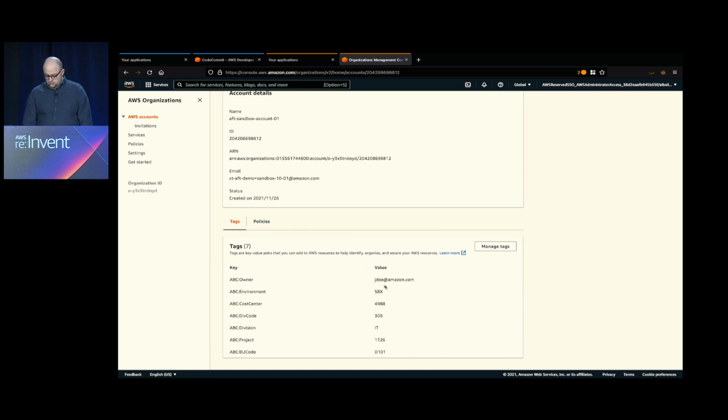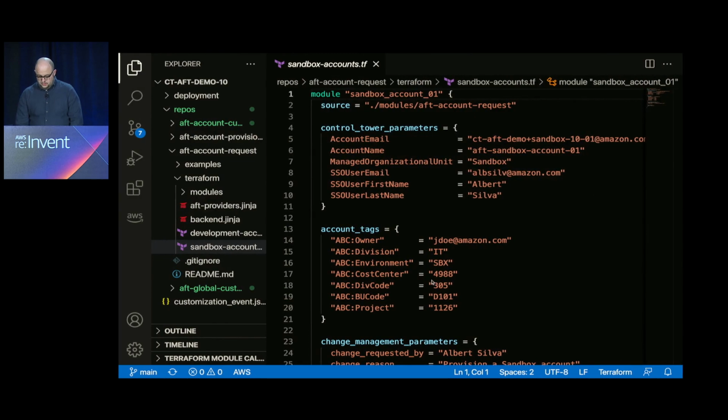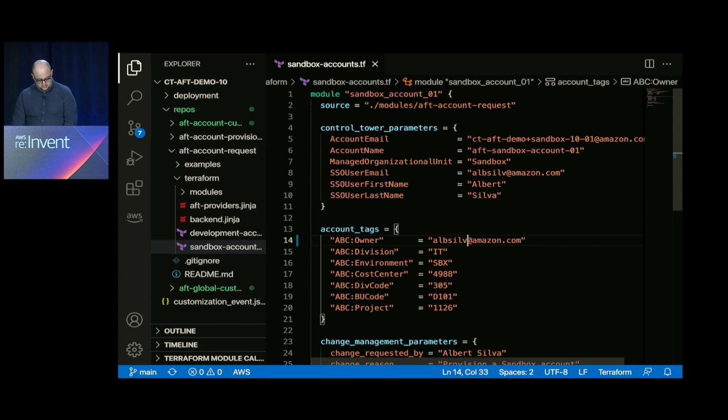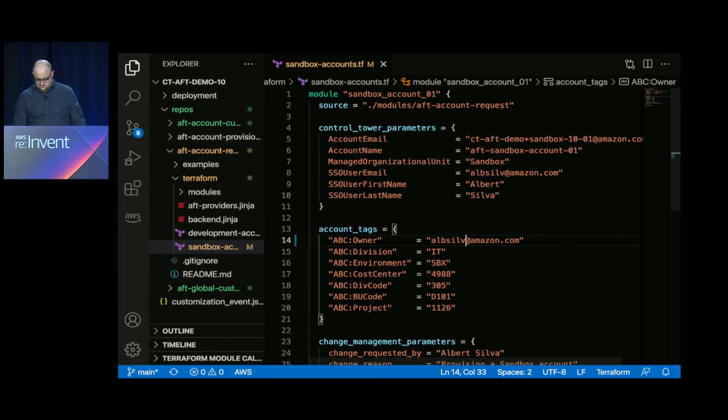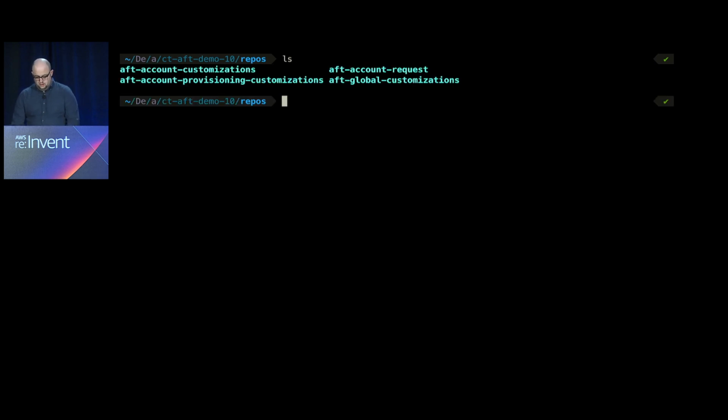Now, one of the things we want to do is, let's say we want to update this tag and correct the owner on it, right? So that would be as simple as coming back to our account request here and changing this. So I'm going to change this to my email address. And we get to push that over to the Git repo, right? So this is the same folder we were looking at in the IDE.